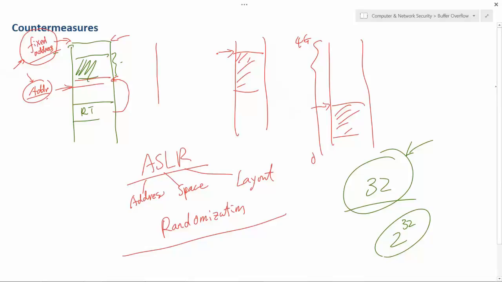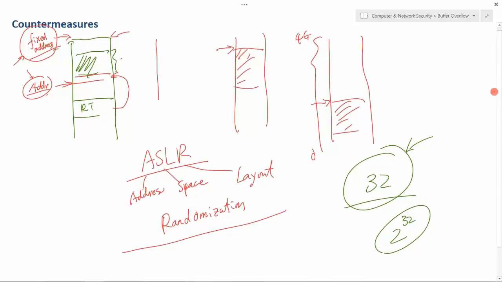So what other things can we do? What else can we do? Yeah, the compiler adds random values sometimes, to make this random between each execution, and that will make it more difficult, right? Yes. So every time we run the program, it gives a different result, a different random.